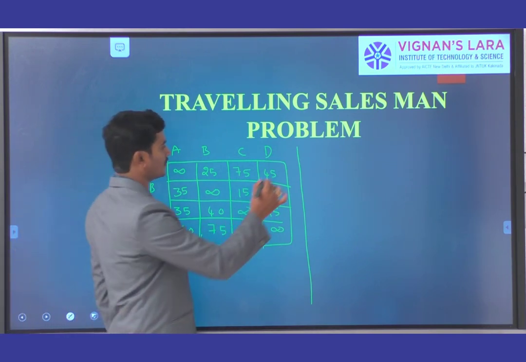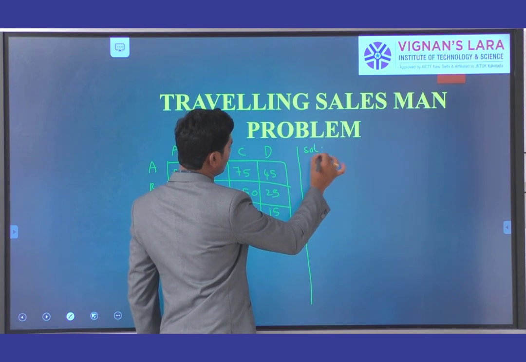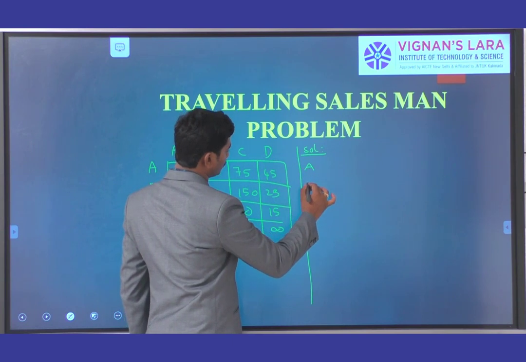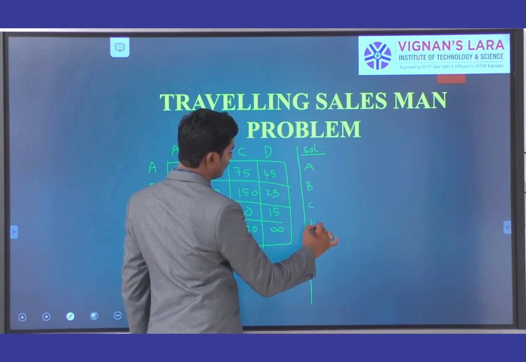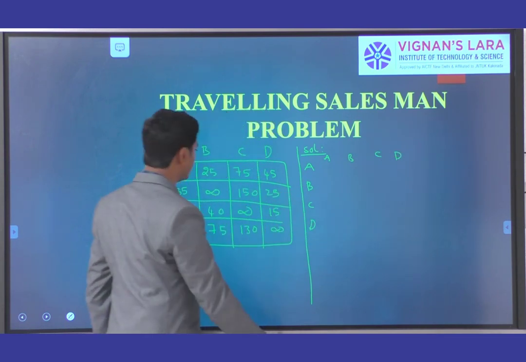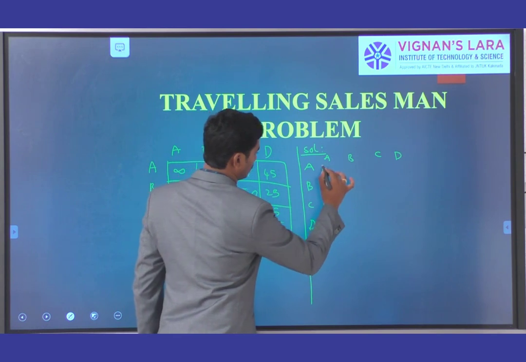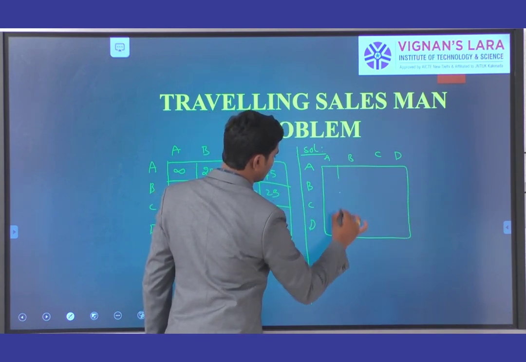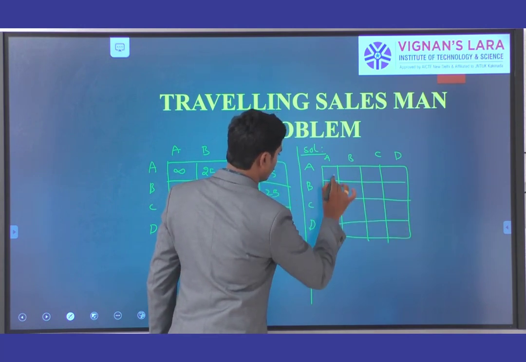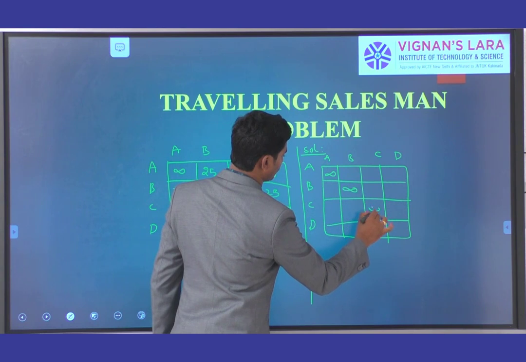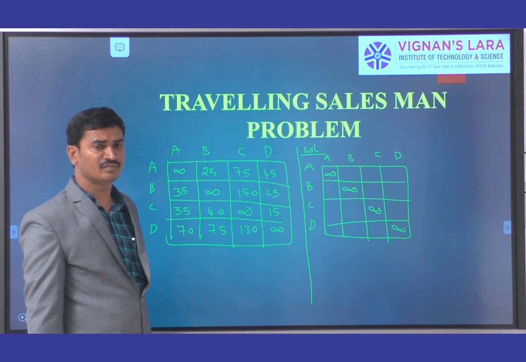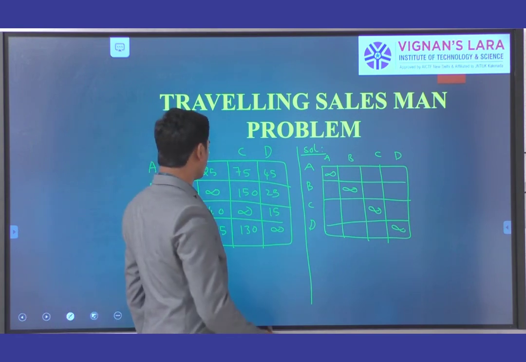Now I am going to solve this problem. Here also I am going to apply the Hungarian method. What is the Hungarian method? First we identify the row minimum. Infinity values we won't consider; infinities are taken as they are. We are not considering those cells. Other than the infinity cells, we identify the minimum value in each row.